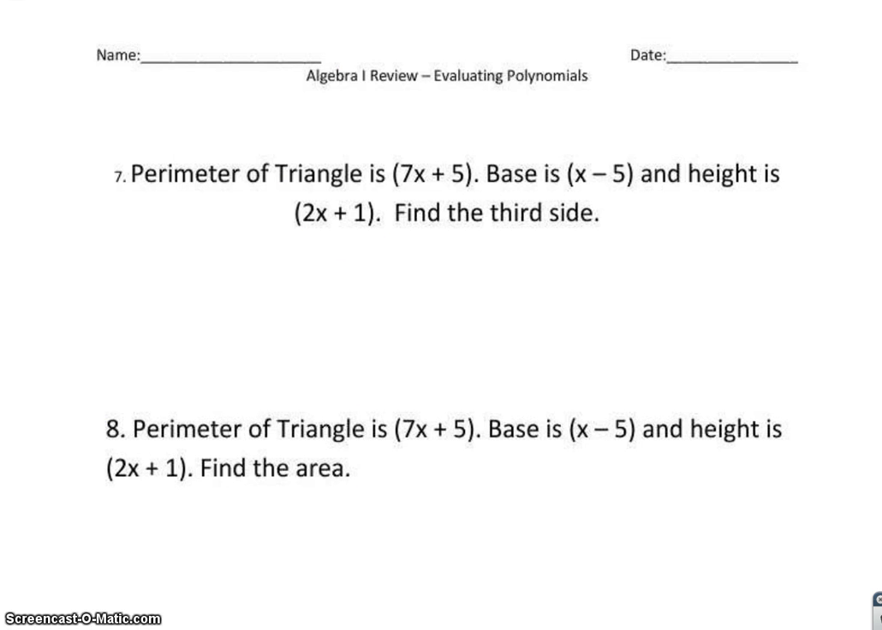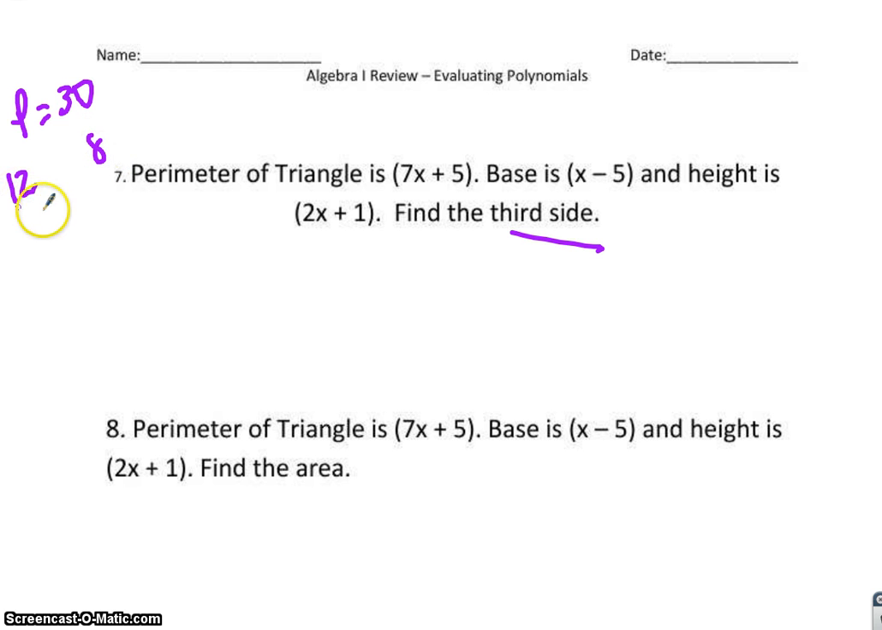Moving to the next page. They gave you the perimeter, 7x plus 5. The base is x minus 5, and the height is 2x plus 1. Find the third side. If I told you, for example, that the perimeter is 30 and you had one side that's 12 and one side that's 8,